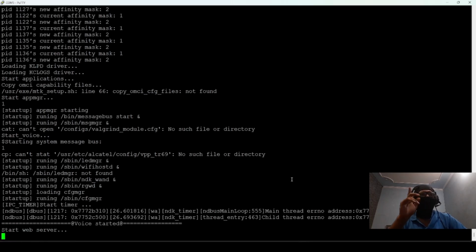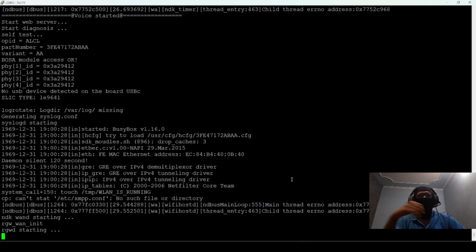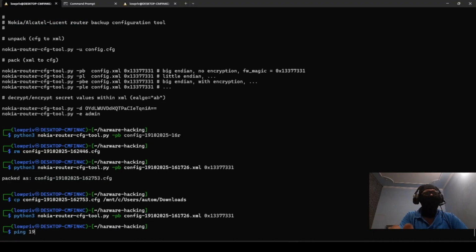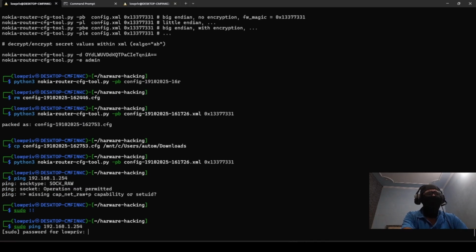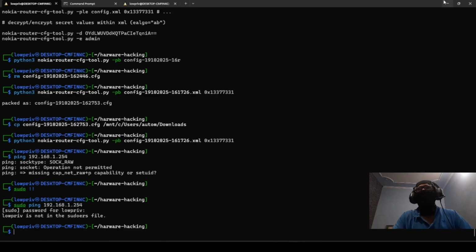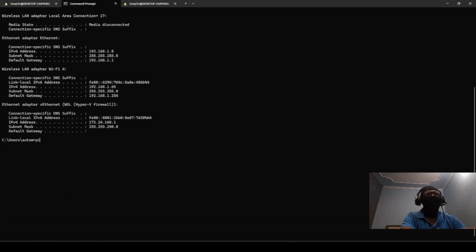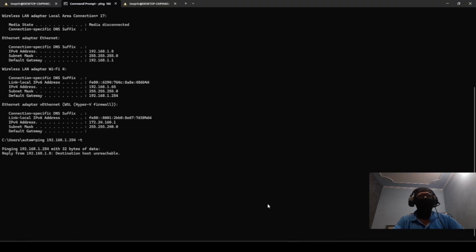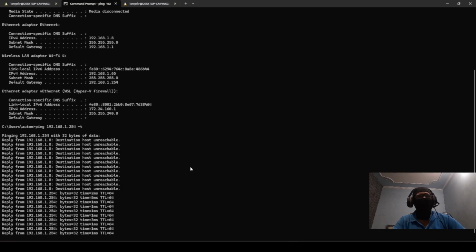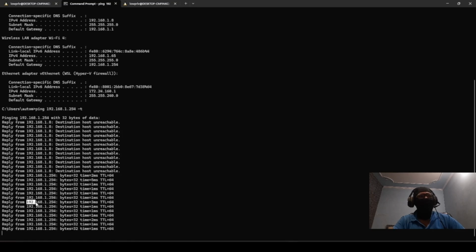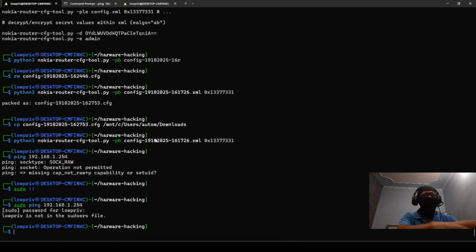We have this running. We wait for it to run, right? Let's wait for the router to turn back on. Ping 192.168.1.254, right? Of course, sudo. Oh wow, awesome. So we cannot even ping with this. Okay, we can ping with the command prompt, right? Ping with this. Okay, let's wait for the ping. Okay, so we are able to connect, right? We are able to connect to the router. That is awesome. Let's copy the IP and let's do an nmap and port 22.